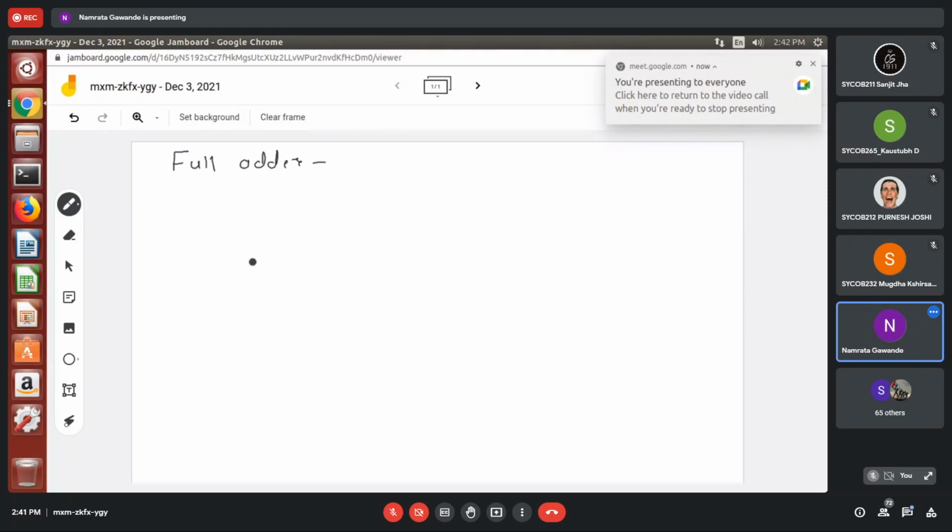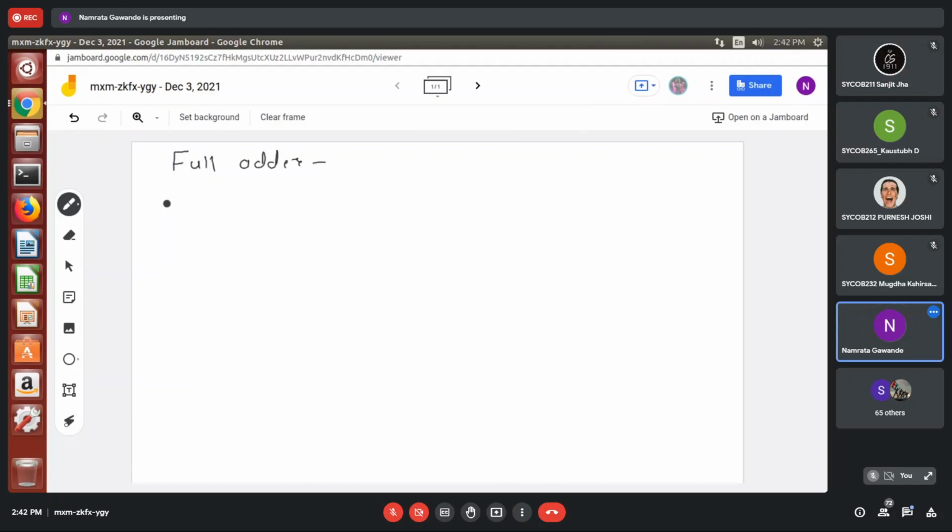S equal to A bar B bar C in plus A bar B C in bar plus A B C in plus A B bar C in bar.